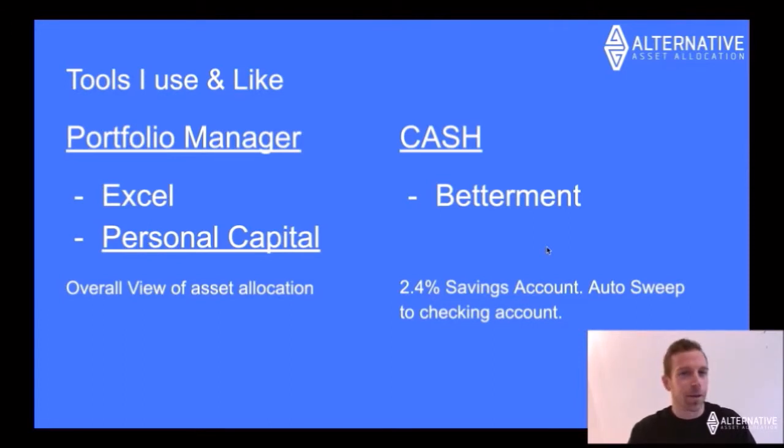Cash is arguably one of the most boring investments. So obviously, as part of your financial plan, you should have an emergency cash reserve. So this is putting aside a little bit of cash, it's your rainy day fund, just in case you get out of a job or had an unexpected expense come up. But the idea is that you don't want this cash just sitting idly in your checking account, not earning any sort of interest. So Betterment has this cash sweep